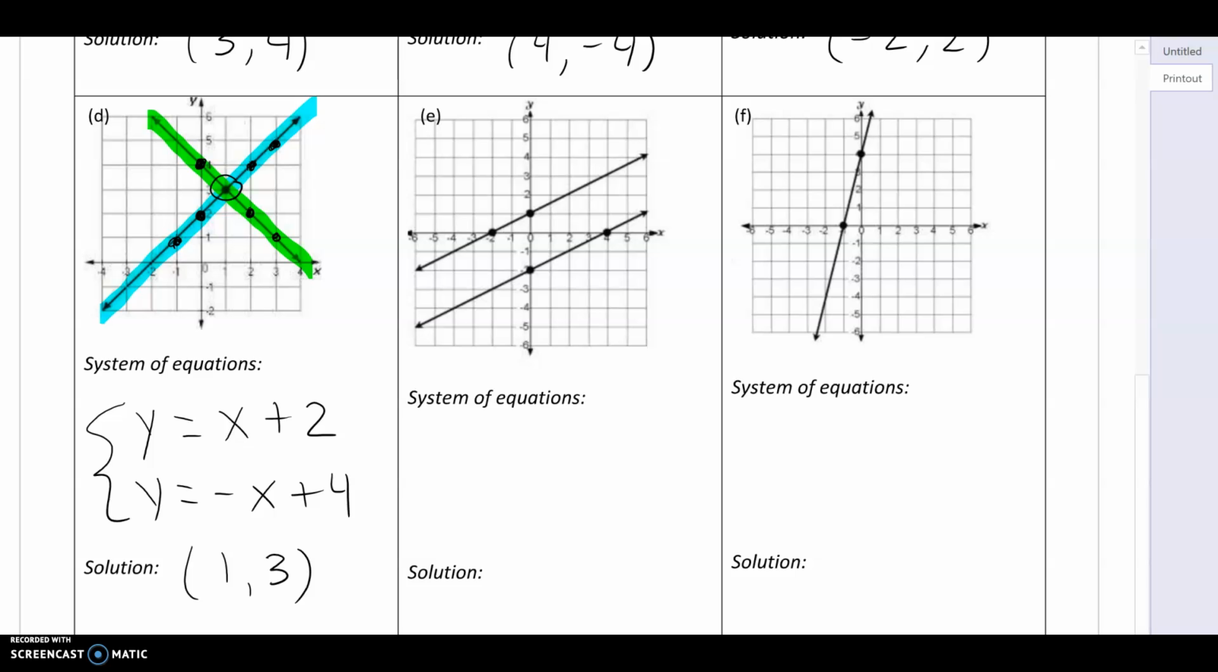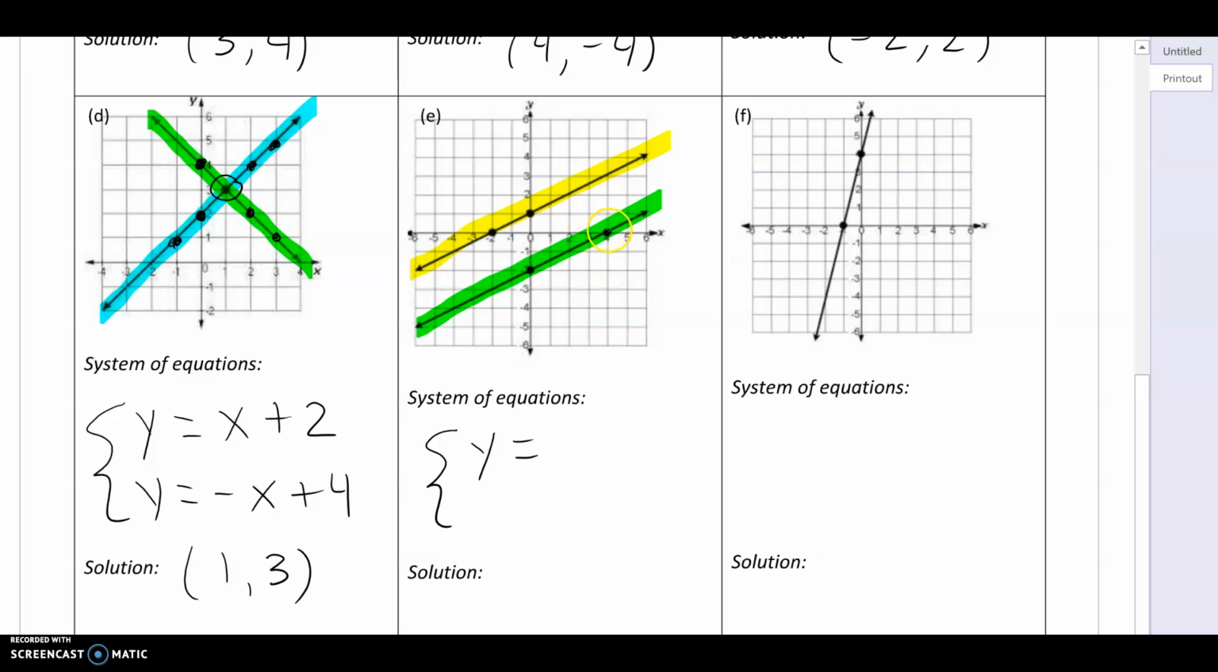For letter E, there is no solution because they're not intersecting. And so these lines are parallel. What we're going to notice about these lines is something unique to parallel lines. The y-intercept's already labeled, and I've got some points labeled. So for each equation, I'm just looking at identifying the y-intercept and the slope. So my y-intercept for the green line is at negative 2, and then my slope is up 2 over 1,